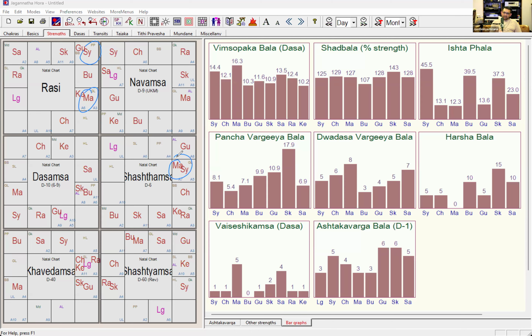and that Mangala is here. Mangala represents blood also, so something related to blood will be there. So you cannot say lungs, but more towards blood movement, lack of movement of blood, or stoppage of movement or destruction of movement of blood. All these things can be seen. And on top of it, your Shani